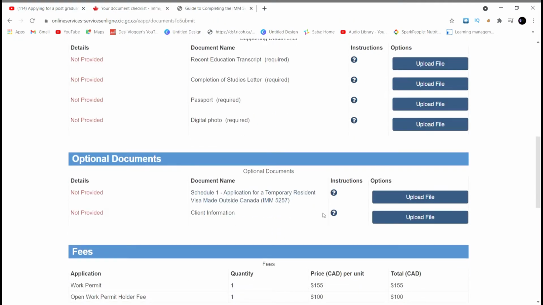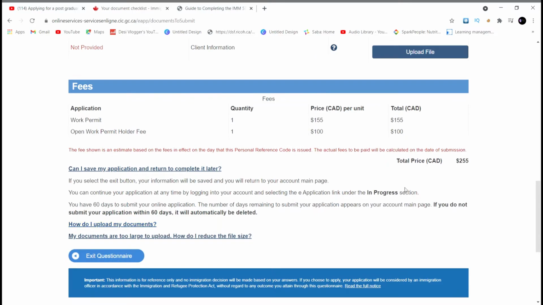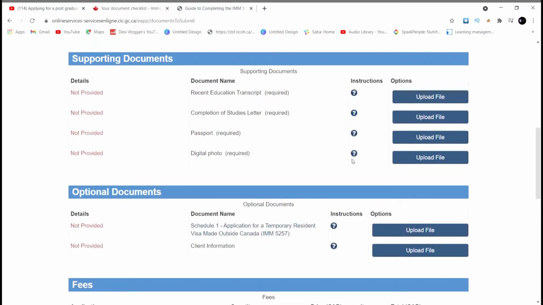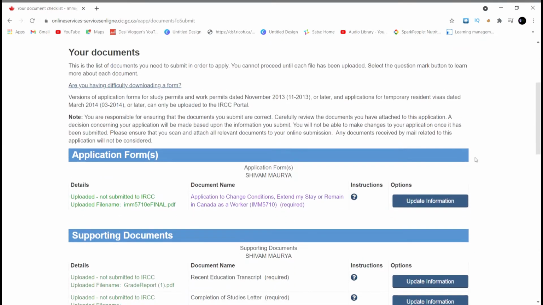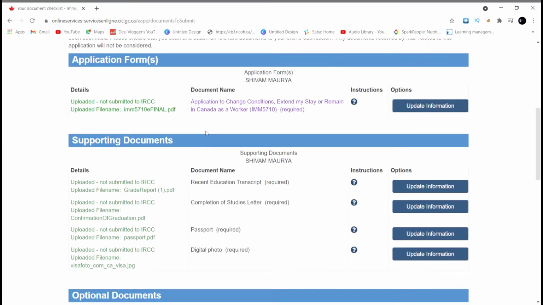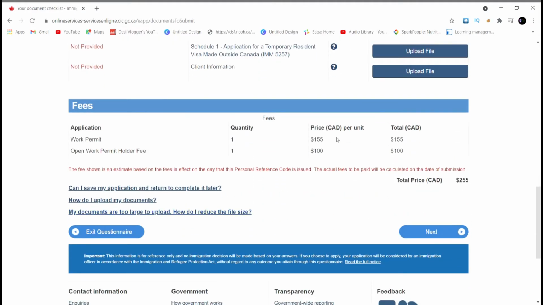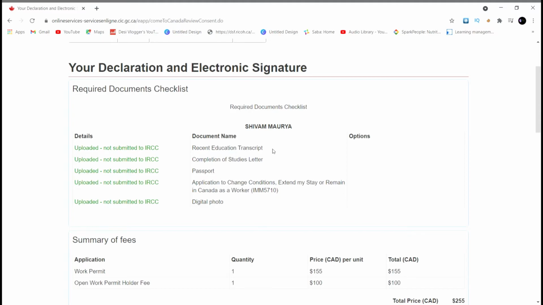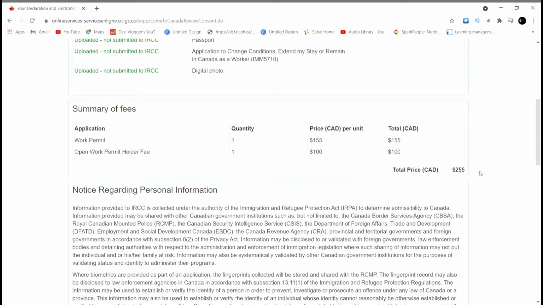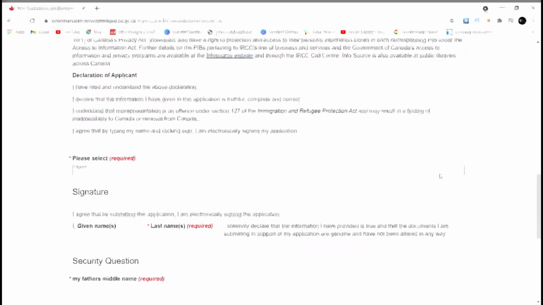Once you fill that, you just have to upload everything and then you will be good to go, because all of this will become a green check. After that, you need to continue and pay your fees. So guys, once you upload all the documents, you will see an interface something like this. Once you have uploaded everything, you will just need to click next, and it will show the documents that you have submitted and the total fees that you need to pay, and we will process.